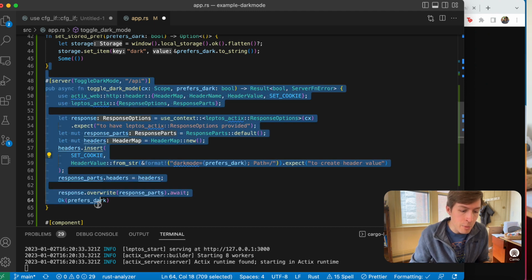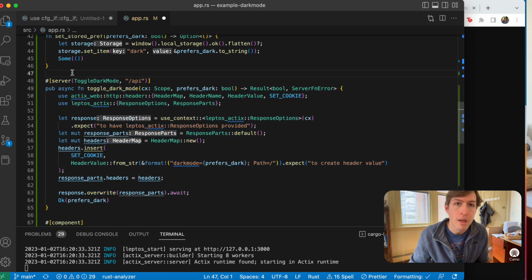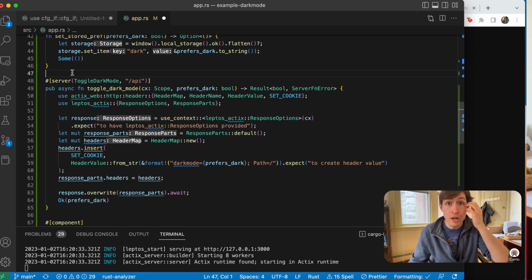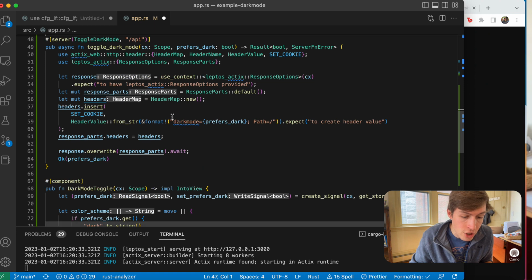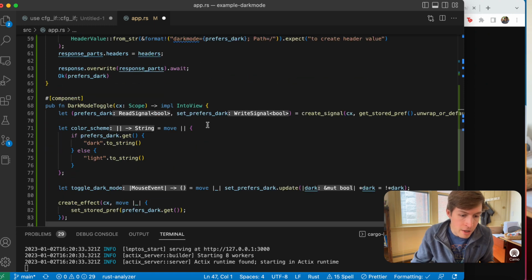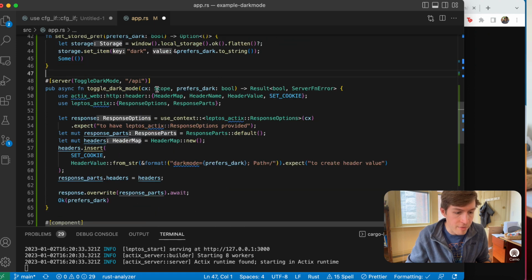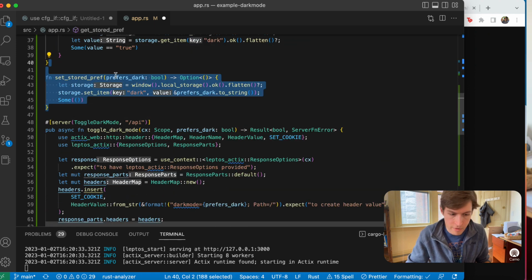This means anytime we call this toggle_dark_mode function, it will run this code on the server, set this response, and return it, which means we then have access to this cookie, which is storing this prefers_dark value, and that this persists across requests to the server, right? Which is what's really important. Unlike local storage, which can only be read on the client, this cookie can be read on the client or the server. So then in this initial,